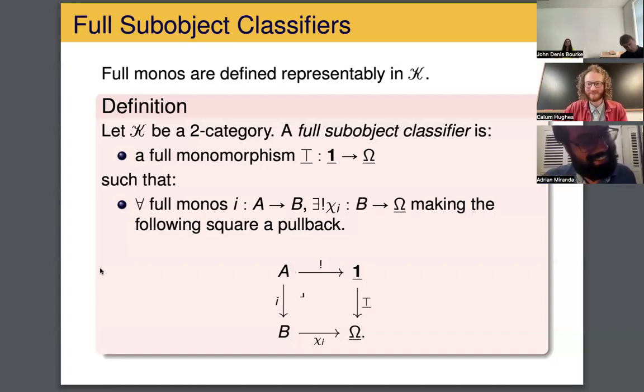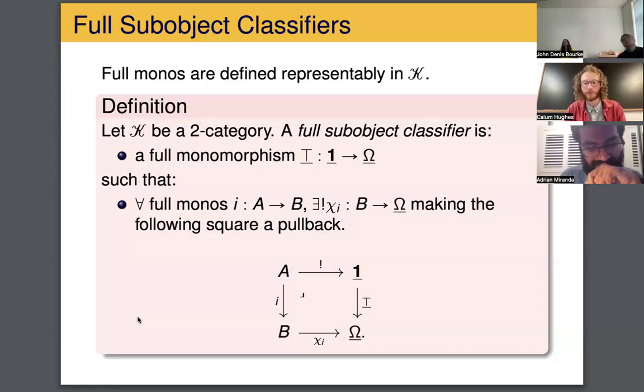There is like a two-pullback, I guess, as well. Is it? Yes, I guess it is. I've maybe left off some of the details on this slide because it wouldn't fit otherwise. But it does have a two-dimensional property as well. Maybe part of the gap between a full suborbs classifier and a discrete opfibration classifier is part of this. We want genuinely two-dimensional things happening, or something like this.